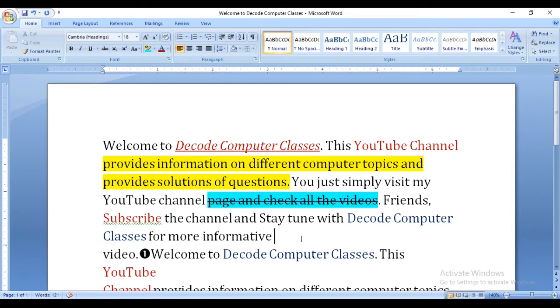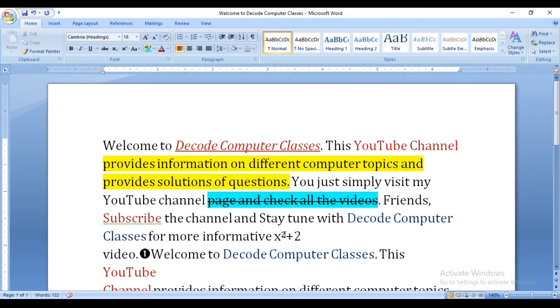Suppose in mathematics you always write formulas, for example x square plus 2. In simple typing it won't be written as a formula, so you have to make it like x square. With the superscript option you have to choose like this, so x square.